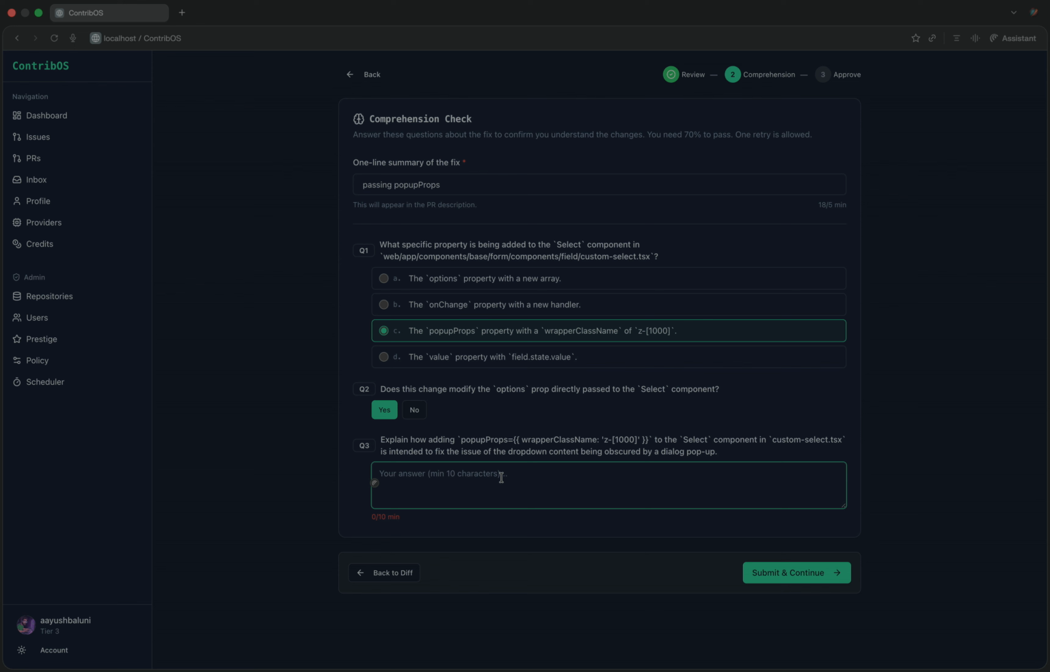So I'll just write, it solves by adding the class that is passed via props. So why this comprehensive check is important is because we cannot blindly do the PR